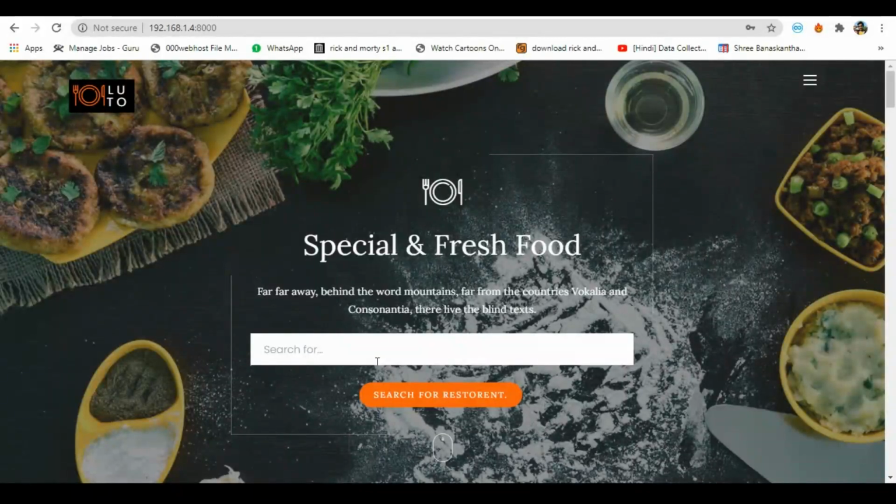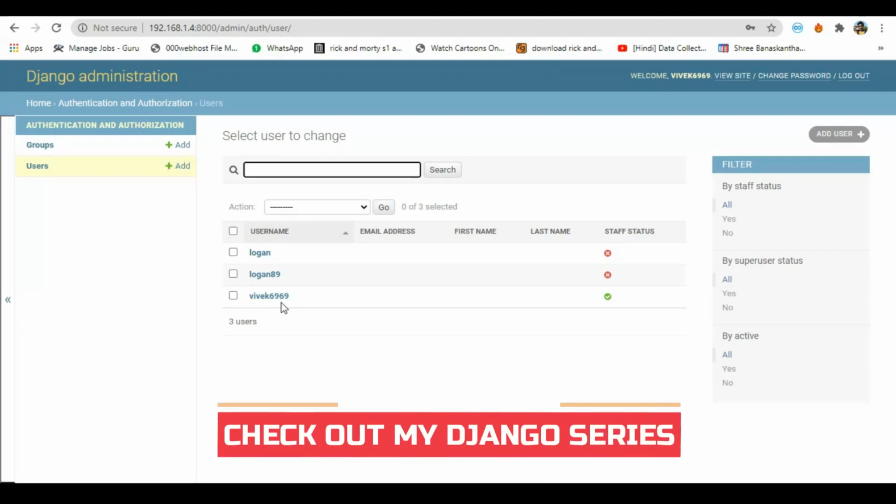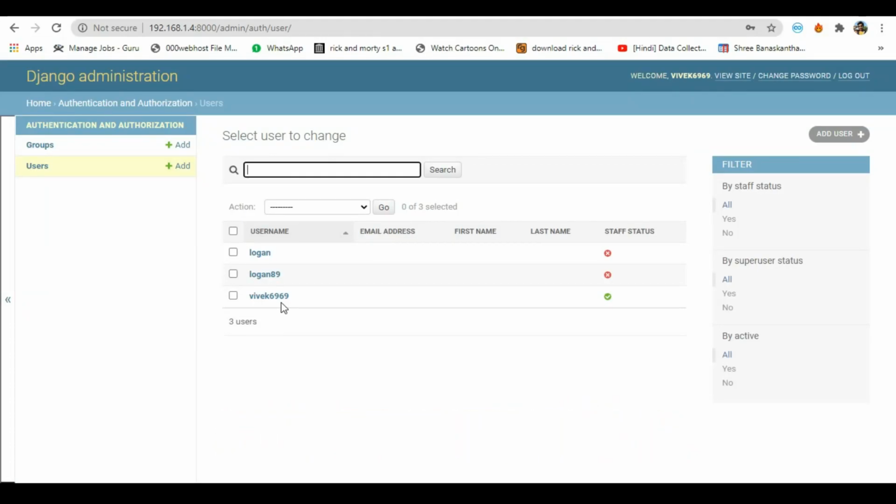So that is it for today's guys. If you want to see how you can create the data, I'm gonna show you in the next video. I'm not gonna show you how you can create the database because I already talked about it. In the next video we are gonna just create shops like this.